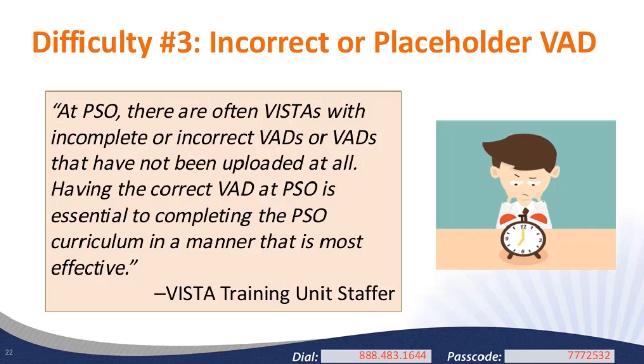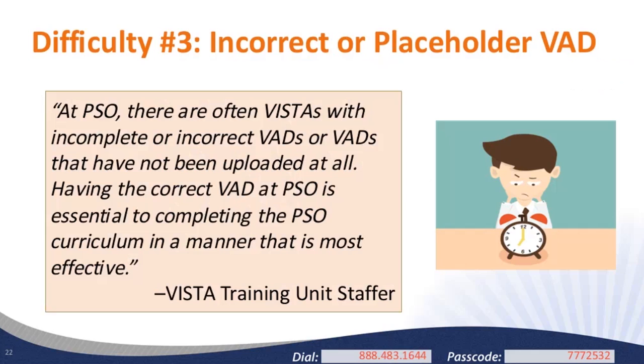So in general, you need to know what the position is you're recruiting for before you begin to recruit for it. You, or maybe the person before you, applied for VISTA resources because there was a need identified in the community, and you saw that VISTA resources would be able to help with that need. At the time that the application was written or submitted, you probably had an idea of what they were going to do, and hopefully had an idea of what their tasks would be, what their objectives would be, what their role would be.